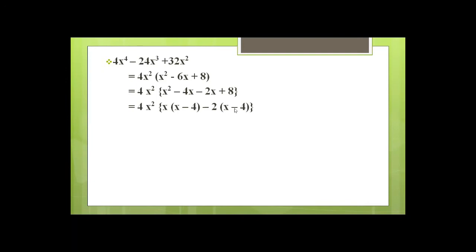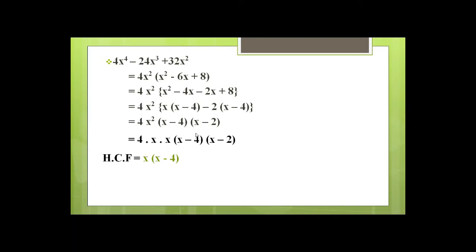So see, x minus 4 is common. Take this term as common. So 4x square is first common, then x minus 4 is common, and then write the leftover element, that is x minus 2. So this is the factorized form of polynomial 2. Now you may further factorize x square; x square means write x two times. Why do we do this? To identify the HCF, highest common factor.